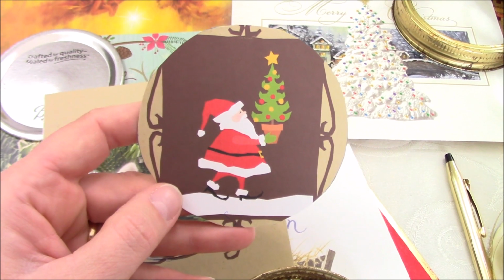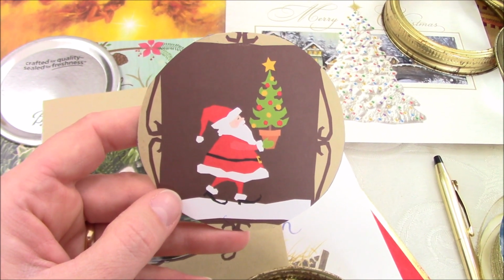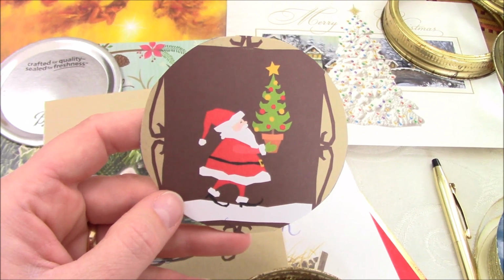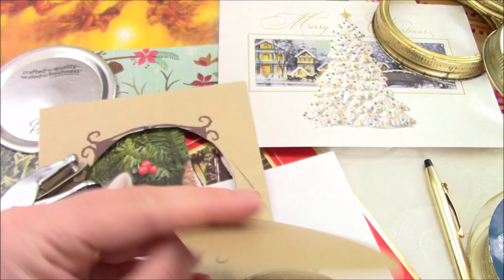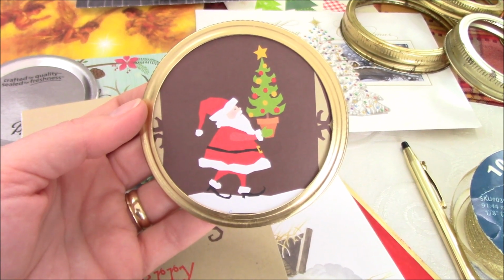Now that the picture is cut out, we need to decide where we're going to put the hole to hang it. I'm just going to use a hole punch, but first I have to decide where the hole goes. So into the frame it goes, and with a pen I'm just going to mark the location where I'd like